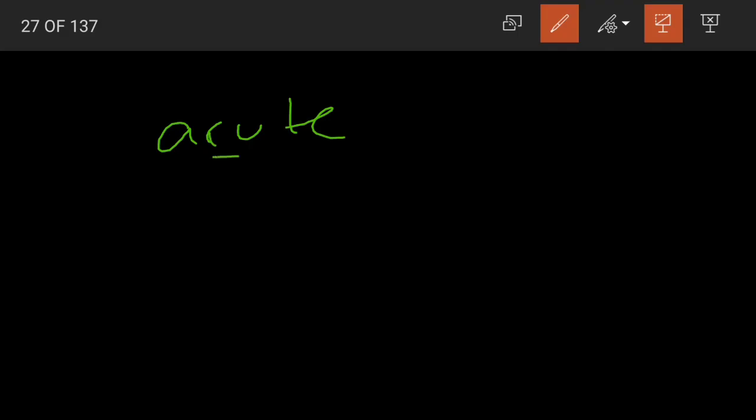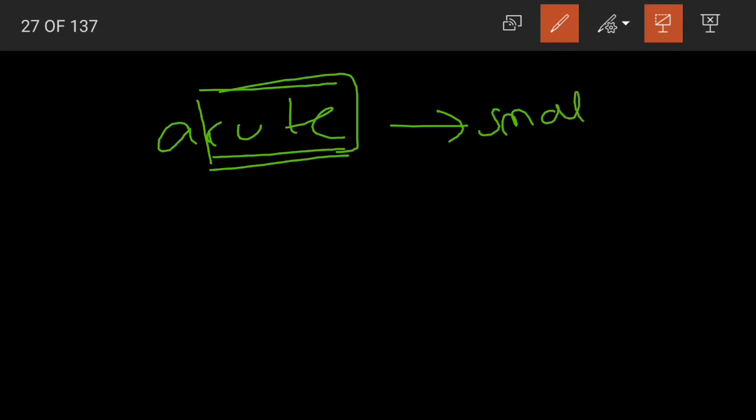Acute. First let us talk about what is this cute. What do we find cute? Suppose if we see small children like you, we say that you are looking cute. Yes, cute is used for small children. We don't say to big people that they are looking cute. So by this you can keep this in mind to understand what is an acute angle and an obtuse angle. Cute is used for small things and small children.